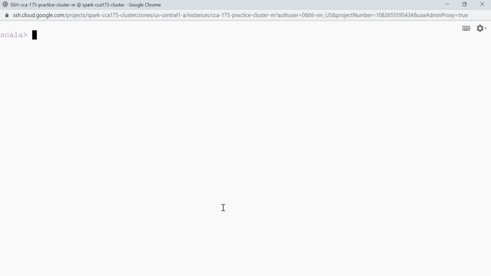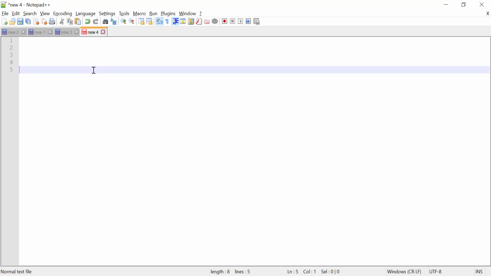So again I'll be writing the SQL query in a text editor, and then we can just copy and paste the query in the shell. Let's write the query here.